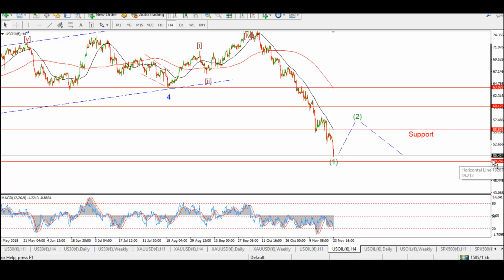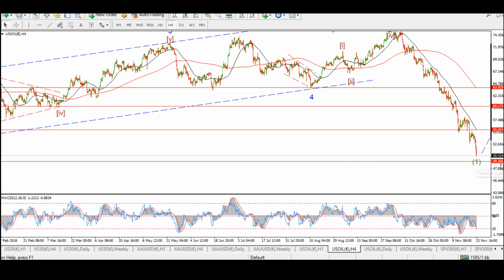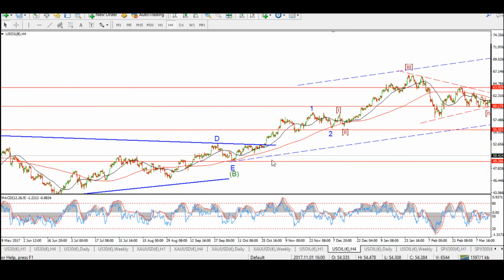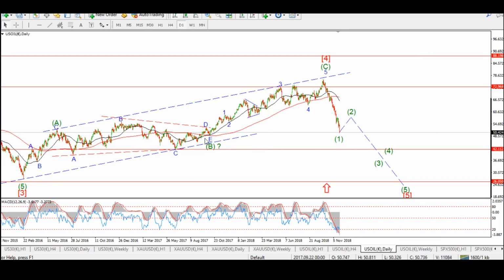You can see that we're approaching this previous 49. Did we even dip into the 49 handle today, or the 40s handle? Quite possibly. But this is our 49.20 level. That was the previous wave B here. So let's get out to the daily chart and I'll show you that wave B. This wave B here, I'll